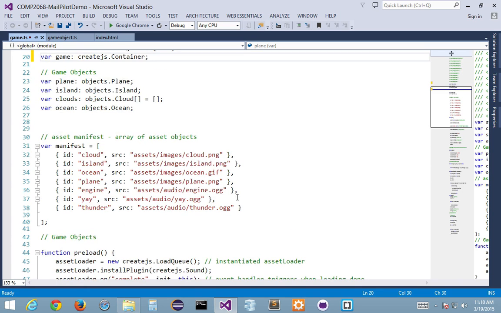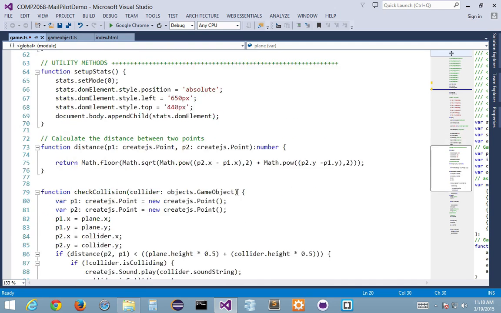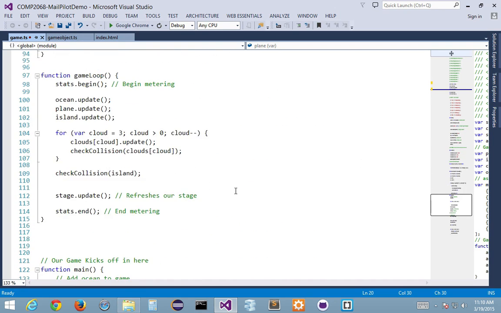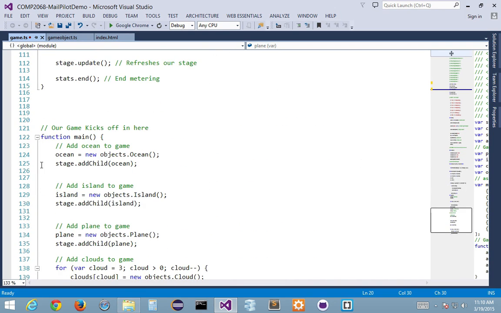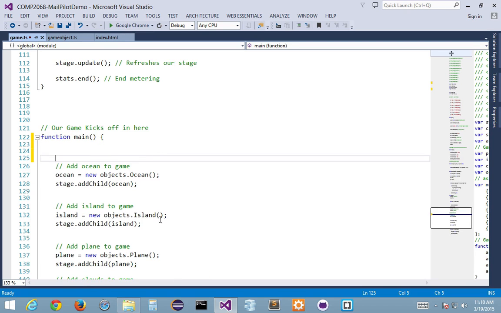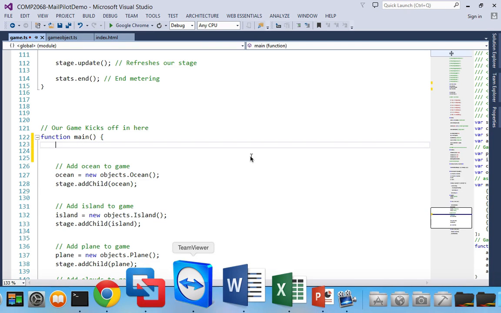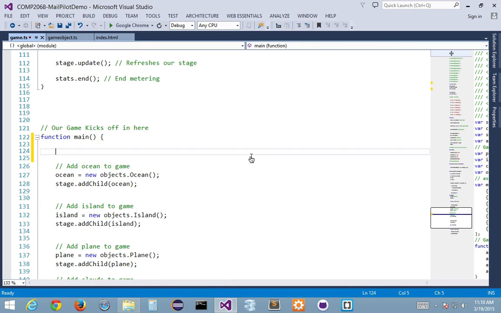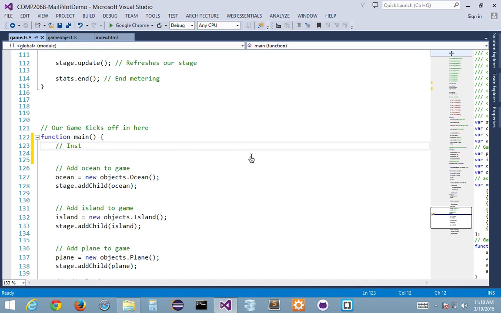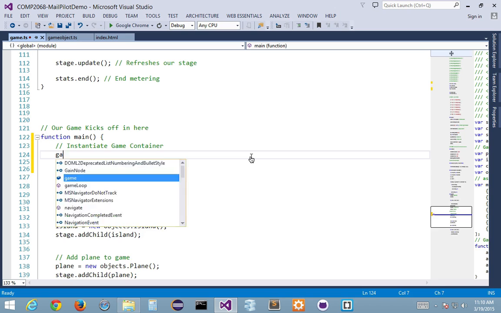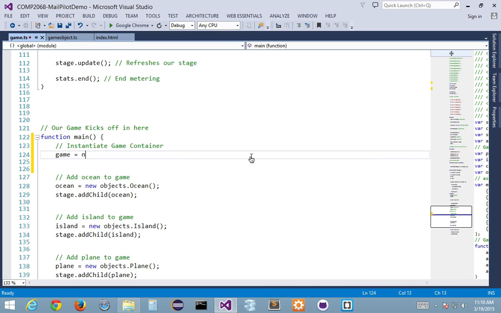The second piece is I need to instantiate this thing. It's got to be done right here inside of our main game area, and it's got to be instantiated just before Ocean is added to the stage. So the first thing I'm going to do is go down here and say something like, instantiate game container. So I'm going to go game is equal to new